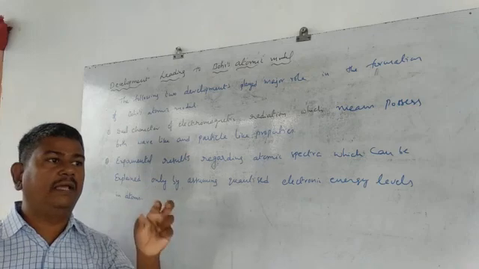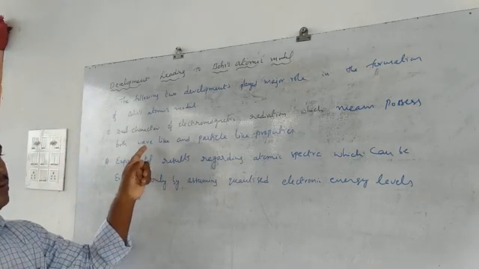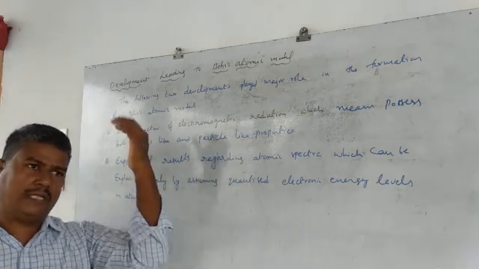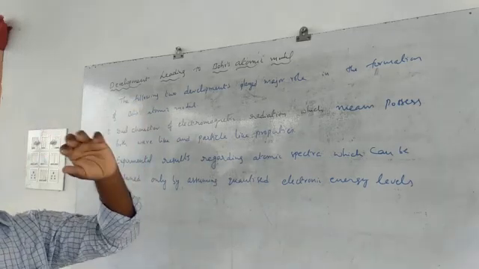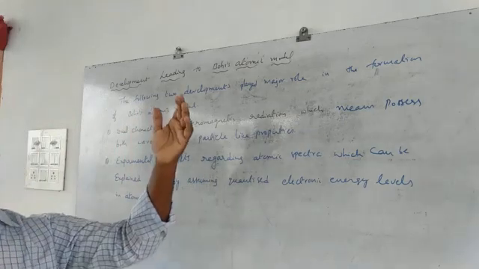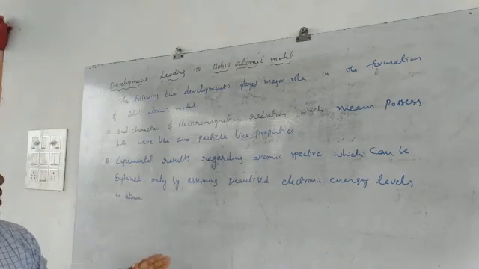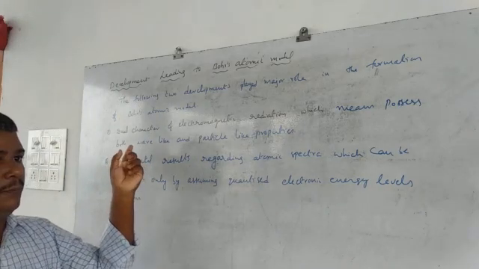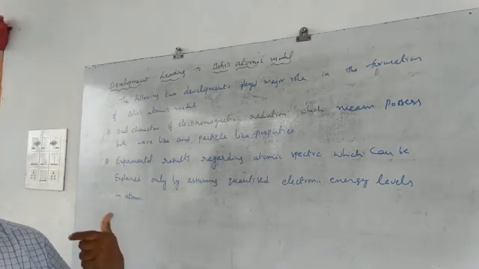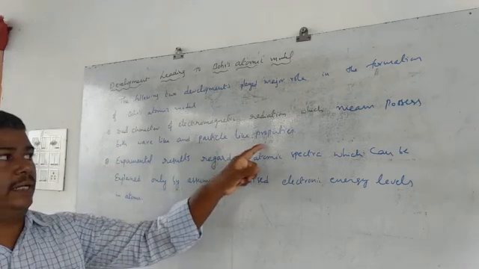That means it behaves as a particle as well as a wave. So wave-like nature as well as particle nature exists. Previously in physics you studied the particle nature of light as well as the wave nature of light, Newton's corpuscular theory as well as Huygens' wave theory. That is physics, not to be discussed here. Here, the radiant energy emitted by an electron continuously revolving around the nucleus has both wave-like as well as particle-like properties.